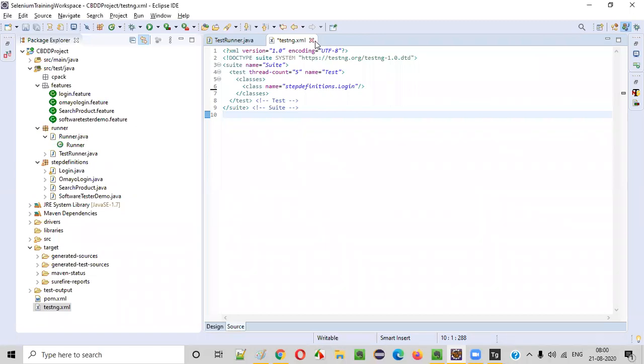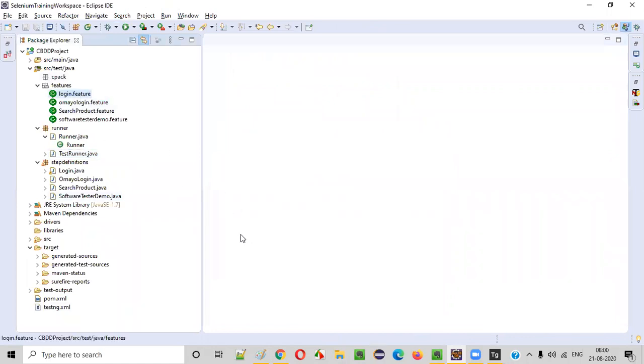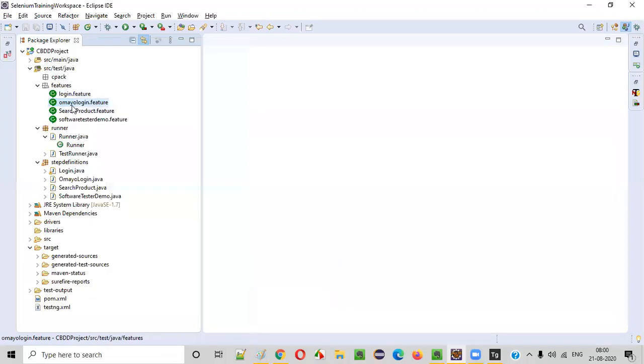So let's say, guys, forget about the testng.xml file. I am just closing that. Now I want to run all the feature files. How to do that? Tell me, guys, what is the process? I just have to run all the feature files together. What do I have to do? Which class do I have to run? Where do I have to go, guys? I don't want to run this individually. I don't want to right click on the feature file and say run as Cucumber feature. Only this login.feature will run. If I right click on this and then run this Cucumber feature, only this login will run. But I want to run all the feature files. What do I have to do? Which class do I have to open? From where do I have to run?